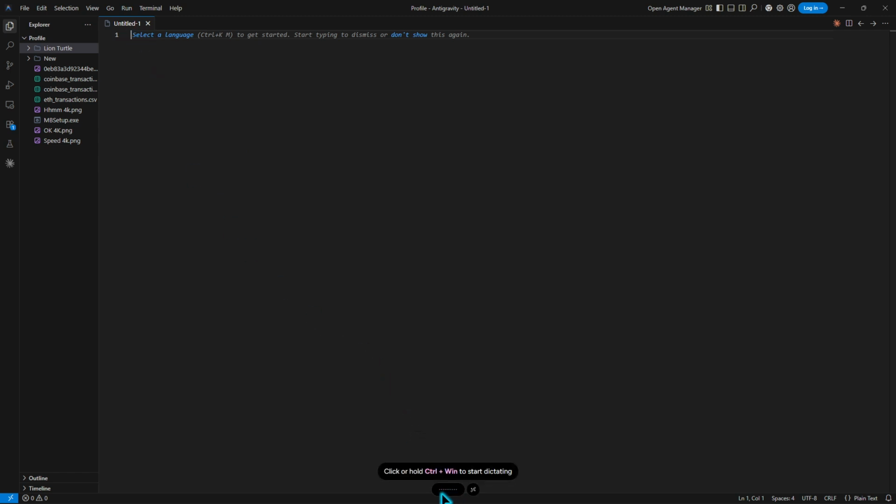On Windows, the default hotkey is Control plus the Windows key. Press and hold both keys, then speak clearly and at a natural pace. Keep holding the hotkey while you talk. When you're done with your phrase or sentence, release the keys. As soon as you let go, your spoken words convert to text and appear right in Antigravity. If you need punctuation, say it as you speak, like comma, period, or new line, and keep your phrases concise